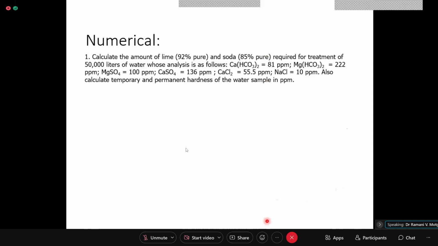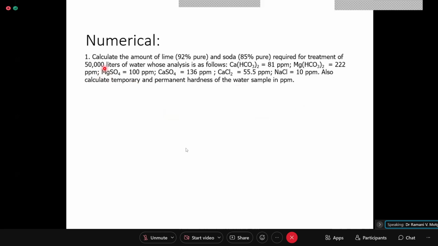Then coming to a numerical. Now here is a simple numerical. Everyone should take one notebook and pen, and please don't think that you are doing something for your madam. You are doing calculation for yourself. And when it is your exam, don't rely on your friends, do your own calculation.